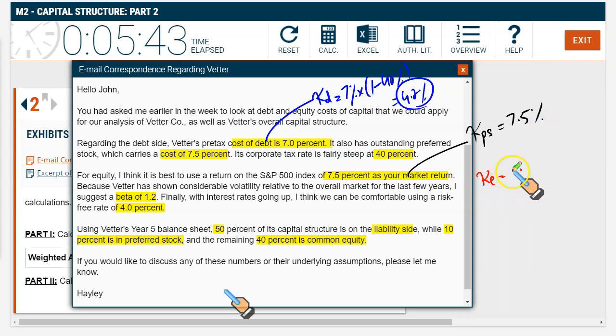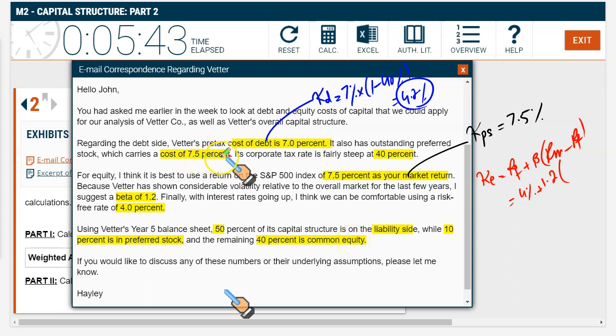Then the third part involves the calculation of cost of equity. For this we have been given all the inputs to the CAPM model: RF plus beta into (RM minus RF). RF is the risk-free rate, that is 4%. Beta is given as 1.2. We have already highlighted these for this purpose. Into the return on the market, that is,